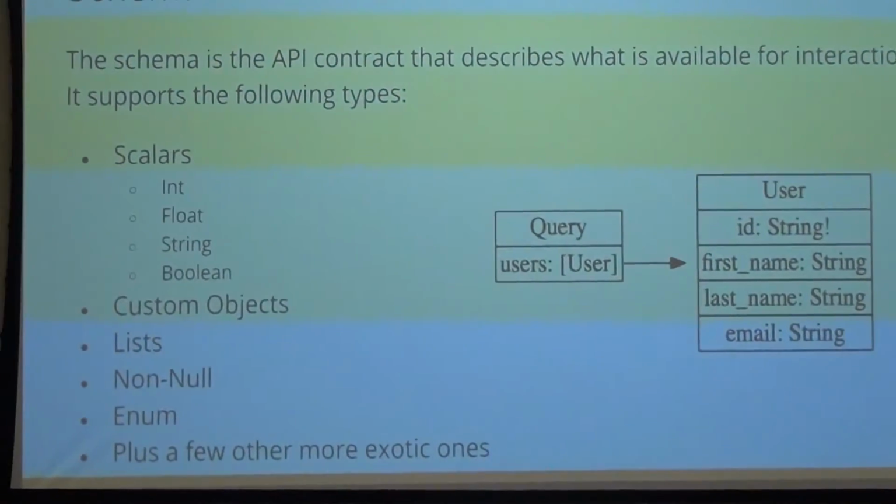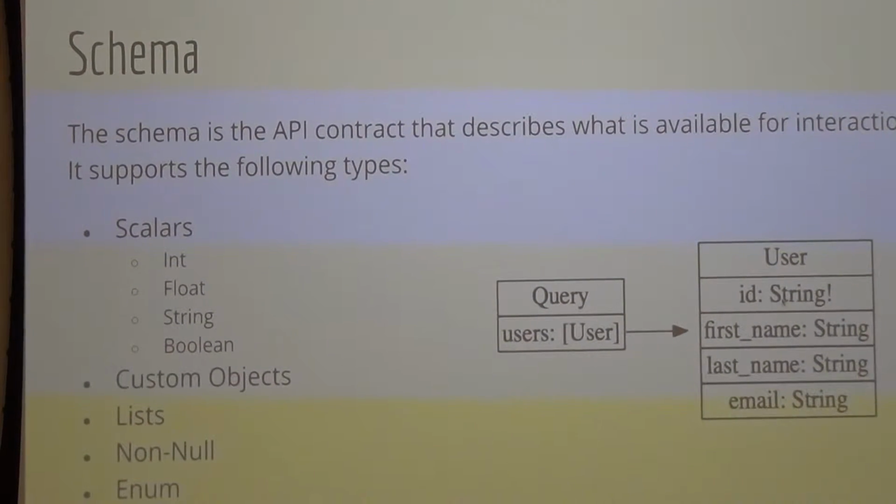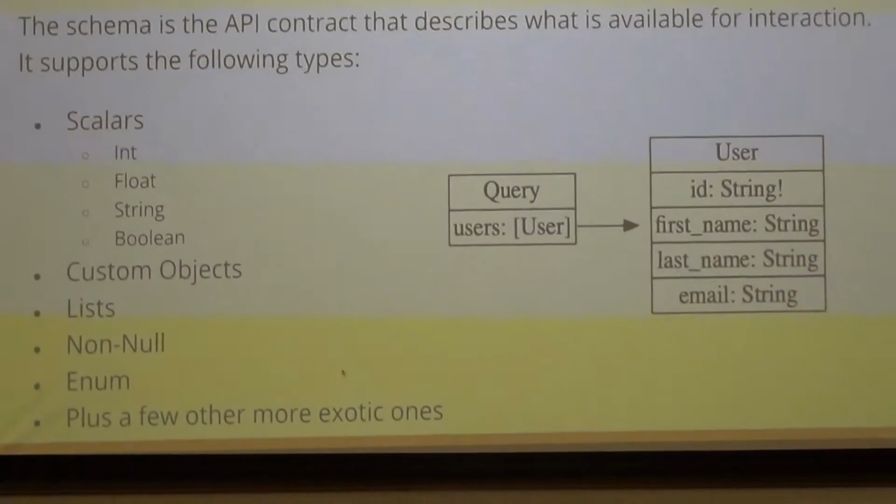So, some concepts. At the core of GraphQL is a schema. And what that is, if you ever looked at an ERD, an entity relationship diagram before, this image here should look really simple compared to probably some of the things you've seen. But it should look familiar in that we have fields, and then we have a type. So there's a variety of types, including scalars, which would be int, float, string, boolean, custom objects, which would be like the user table here, lists, non-nulls, which basically make things required, enums, and then there's some more exotic ones as well. The exotic ones are interfaces and